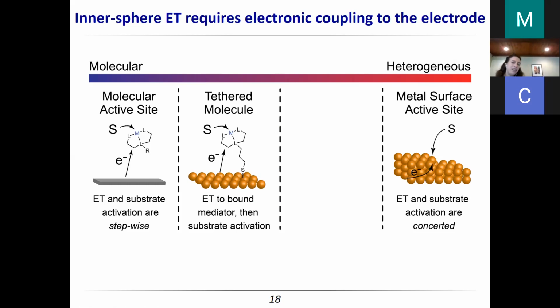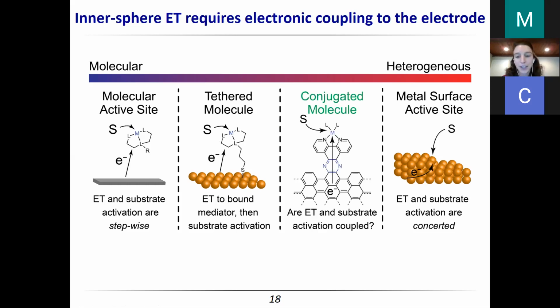And this has given us a lot of the information about how we know that Marcus theory governs outer sphere electron transfer at surfaces. It's also useful in the sense that the catalyst is immobilized on the surface, but it doesn't solve the fundamental problem of telling us about metallic active sites, because there's still a barrier to electron transfer between the electrode and the catalyst active site. So in this case, I've drawn this aliphatic linker, and the majority of these are insulating linkages. And so the electron still has to cross the double layer to get to the metal site. We see the exact same form of electron transfer that we do for molecules in solution.